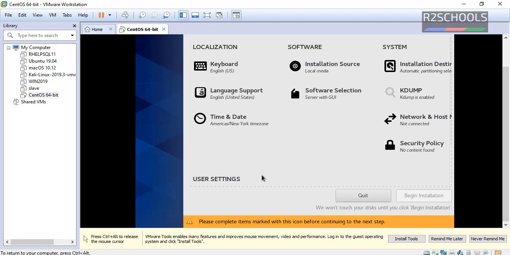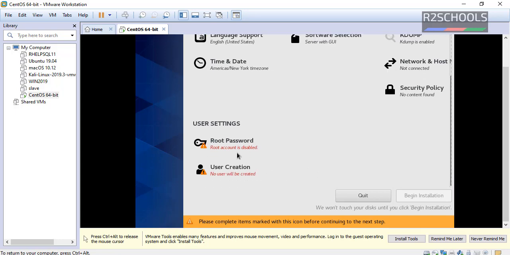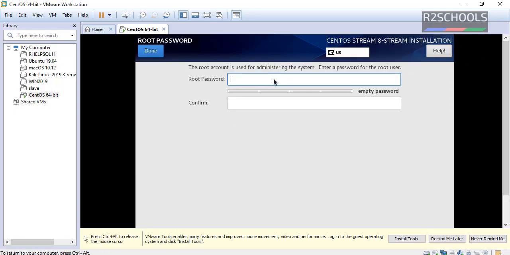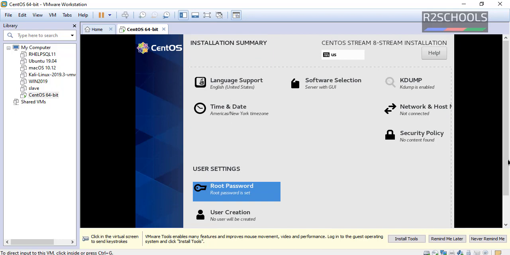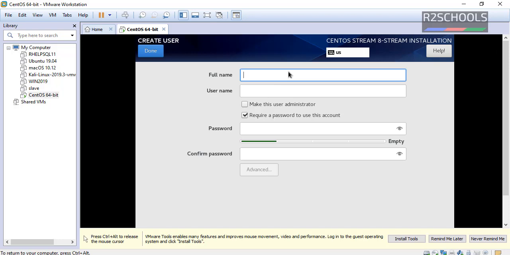Why? Because we have to set the user settings. Now set the password for the root user. Then press done. If you want to create a user at the time of installation, then click on user creation. Provide the user's full name and the username that you want, and the password for the new user.